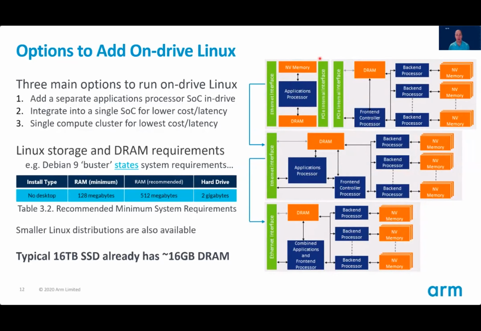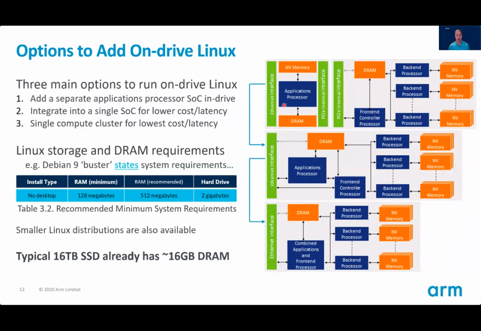Certainly one big challenge is the fact that there's a back-to-back PCIe interface. So we're not saving any of the bandwidth that I had mentioned previously. We still have to package the user data up in NVMe, in PCIe, move it across this interface, unpackage it at the other end, and perform the computation. Certainly that takes a lot of bandwidth, power, and time, and doesn't really solve any of the latency challenges. This applications processor also requires its own non-volatile memory storage to boot the Linux, and likely its own DRAM.